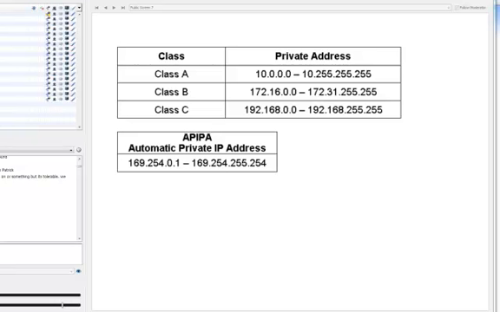Because there's so much malicious activity out there, you want to try to protect your network as much as possible. And there's a lot of people out on the internet that's trying to send viruses